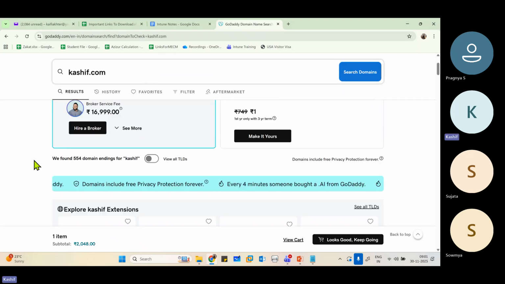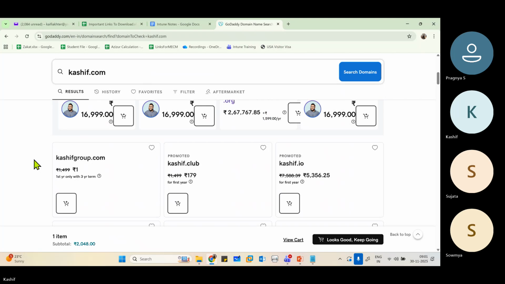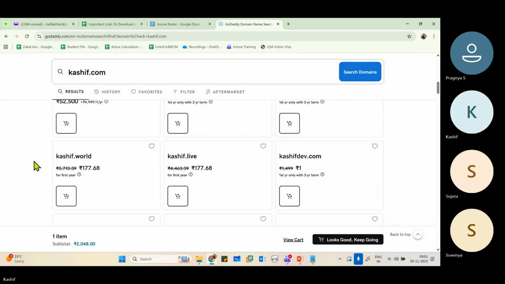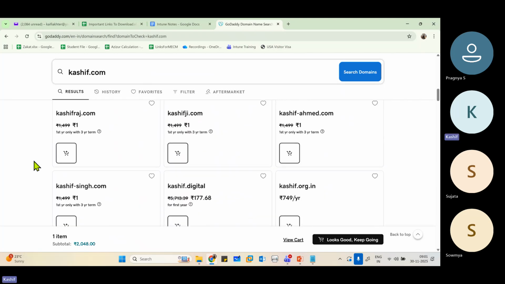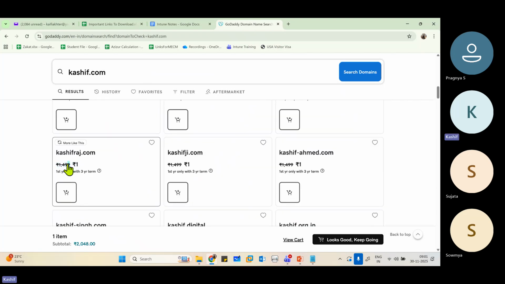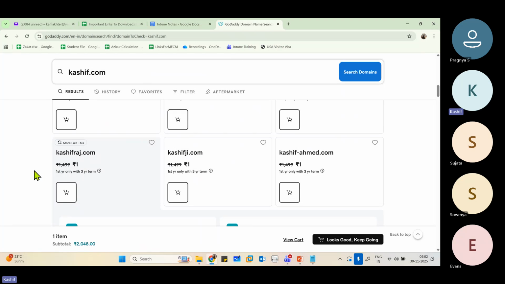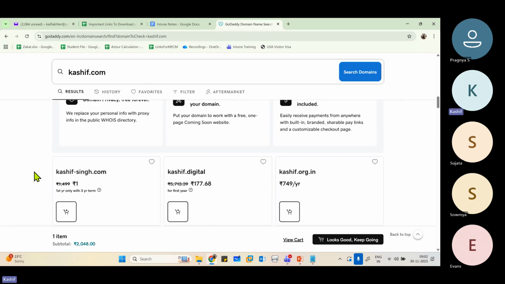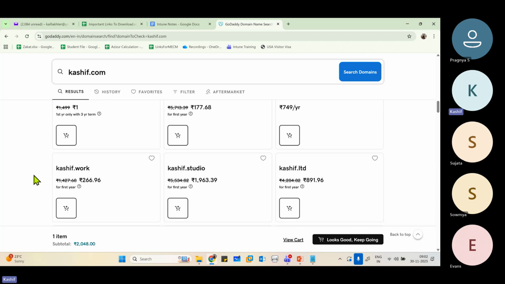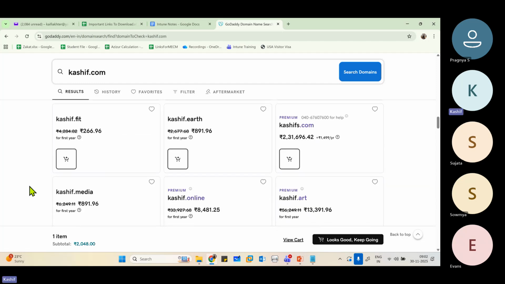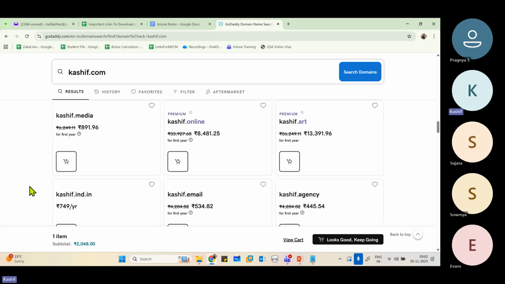Now I'll scroll down. 1 rupee, this is like a trap. It's going to ask you for 1500 rupees. We don't want that one. Okay, so kashif.shop, maybe kashif.shop is available. Kashif.online. No,